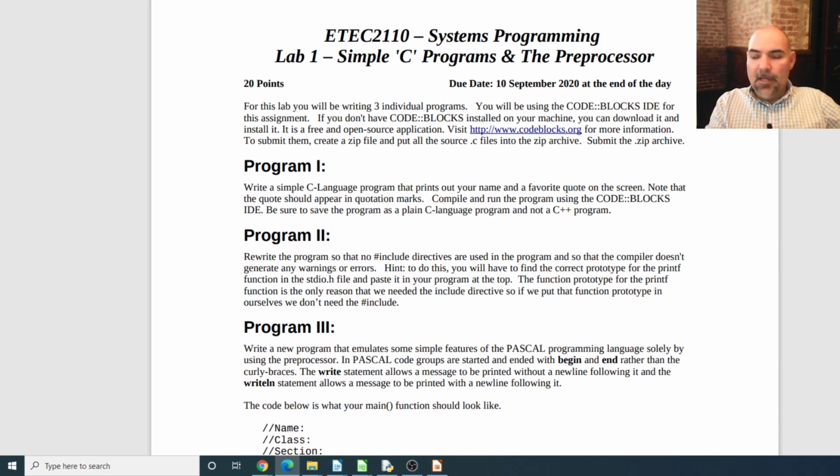The first thing about this that I'd point out, other than the due date, is that you're going to write 3 individual programs, and I want you to use that CodeBlocks IDE for the assignment. In other words, go ahead and install CodeBlocks. Go to codeblocks.org, and there you're going to download and install the one